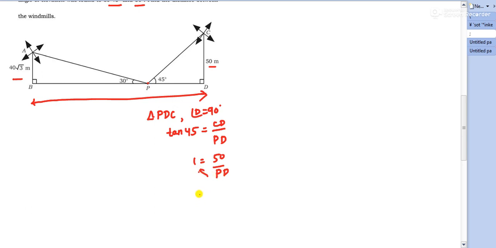Do the cross multiplication. You will get PD equals 50 meter. So this is how much PD is: 50 meter. Understood? Now similarly you have to do this in triangle